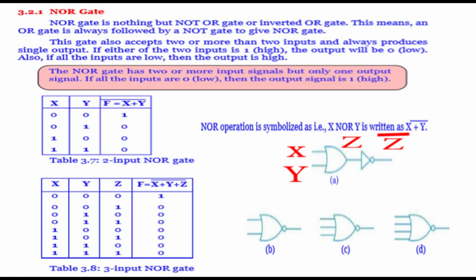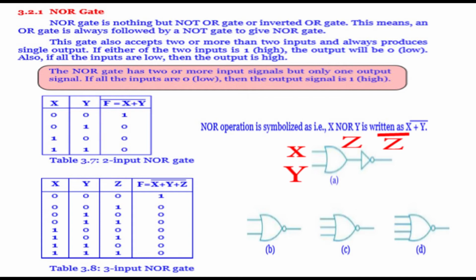That means it is the same as NOT, but in NOT there is only one input and one output, whereas in NOR we can take many inputs, and we will get the complement of those inputs. And the logical symbol for NOR: as there is an OR as well as a NOT, we add the NOT bubble to the OR, and that gives the NOR symbol. You can see on the screen.